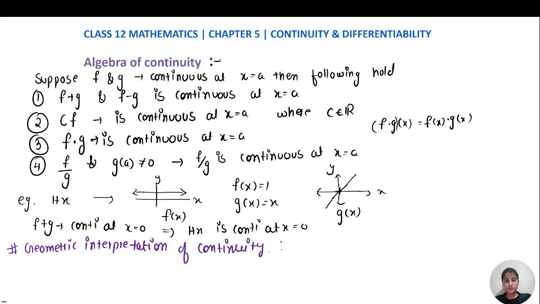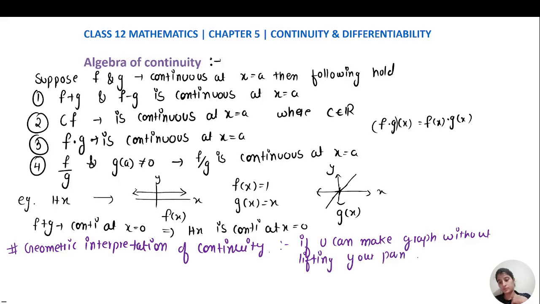It says that if you can make your graph without lifting your pen, then your function is continuous. If I give you an example,